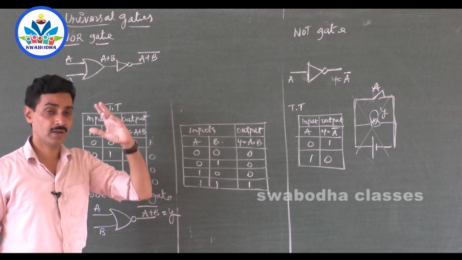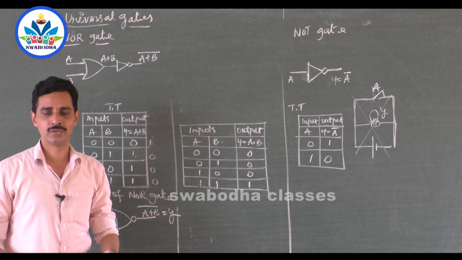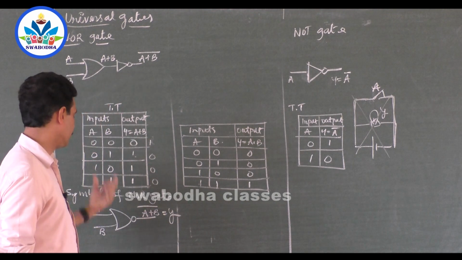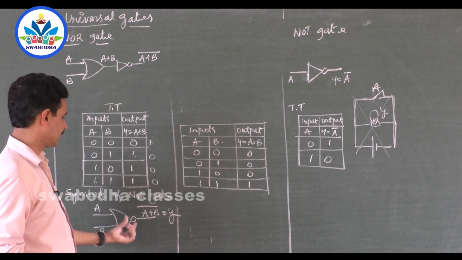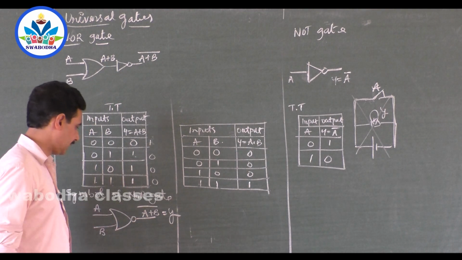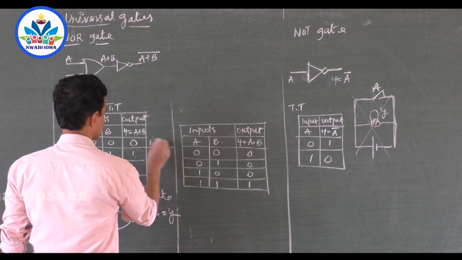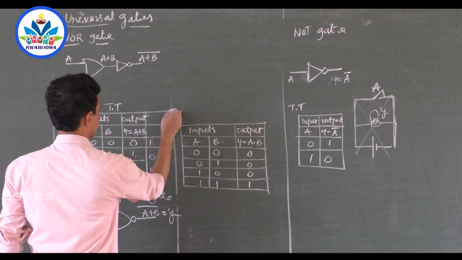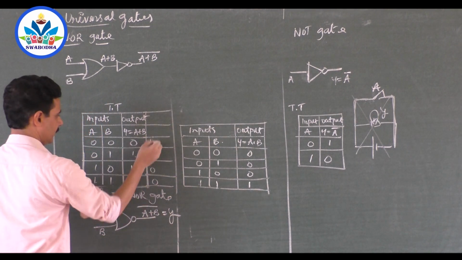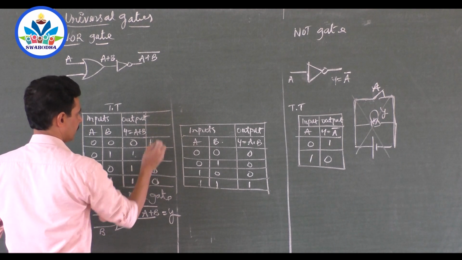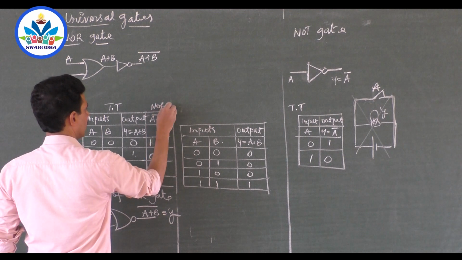What are the logical circuits you have combined to get the NOR gate? That circuit. But as a symbol, put a NOT gate here, simply a bubble. That is enough. That means there is a NOT gate here. A plus B bar. So what is the output of the NOR gate? I will extend this. This is complemented. This is Y equals A plus B bar. This is NOR and this is OR.